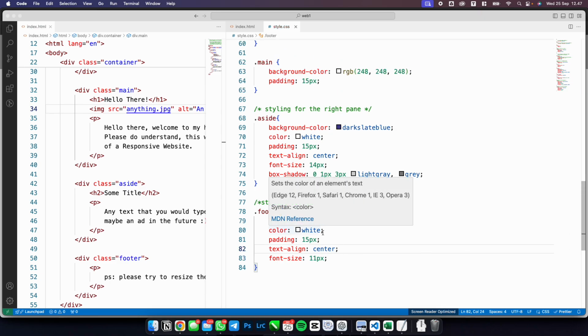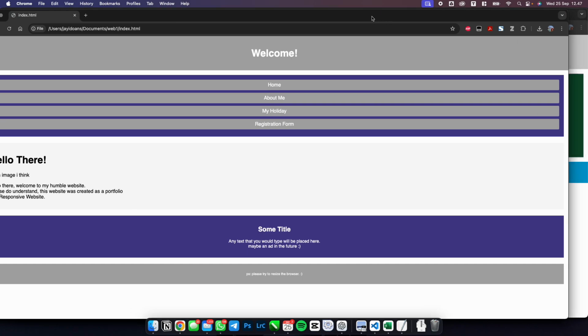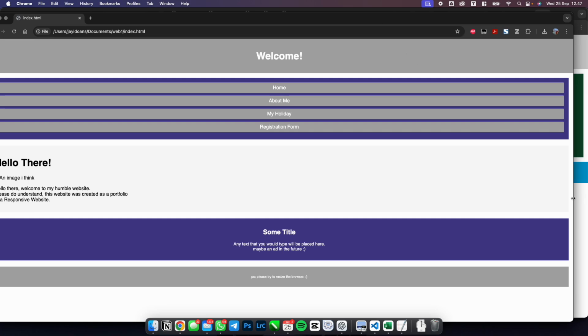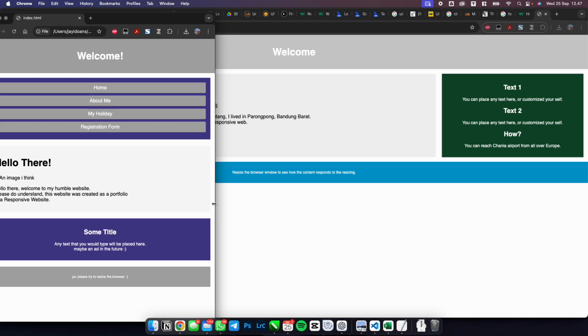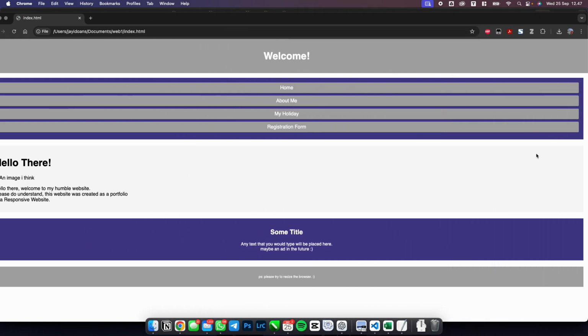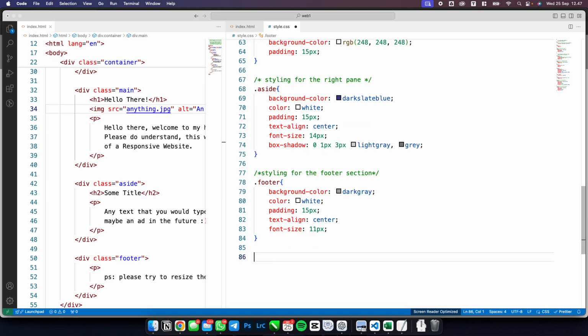Okay, now if you see over here, we have proper stylings, we have proper structures, but it is not a true responsive layout. Yeah, if you try to resize it, it is responsive, but the view for desktop and for mobile is the same. So now we will create new styling properties to differentiate between desktop and mobile phone. Okay, the first one,